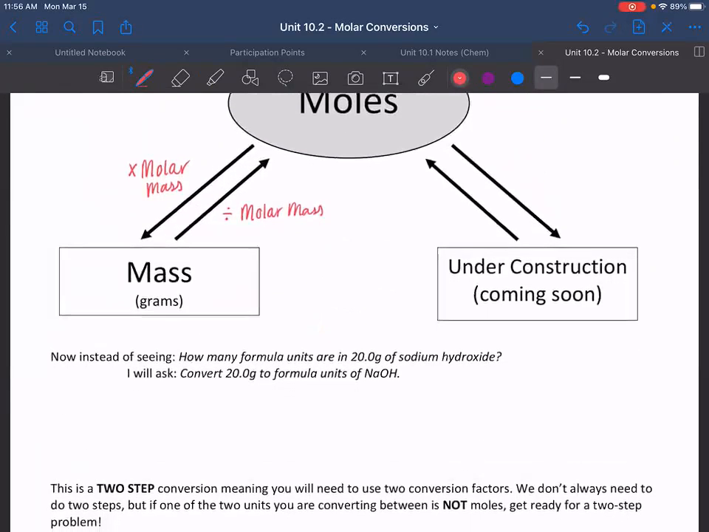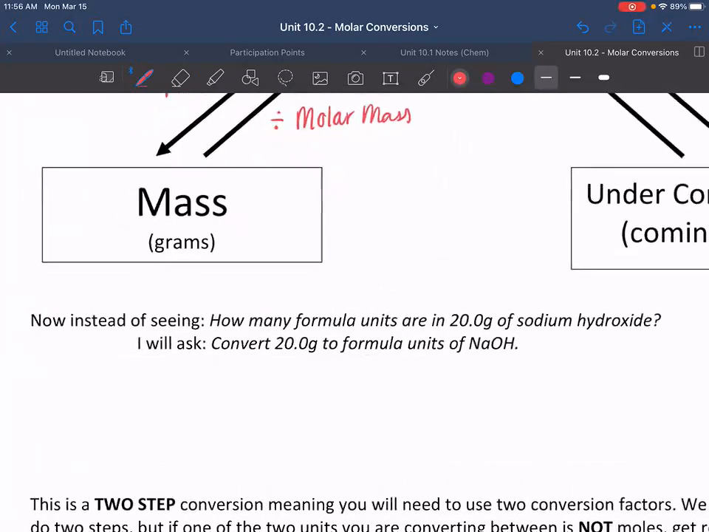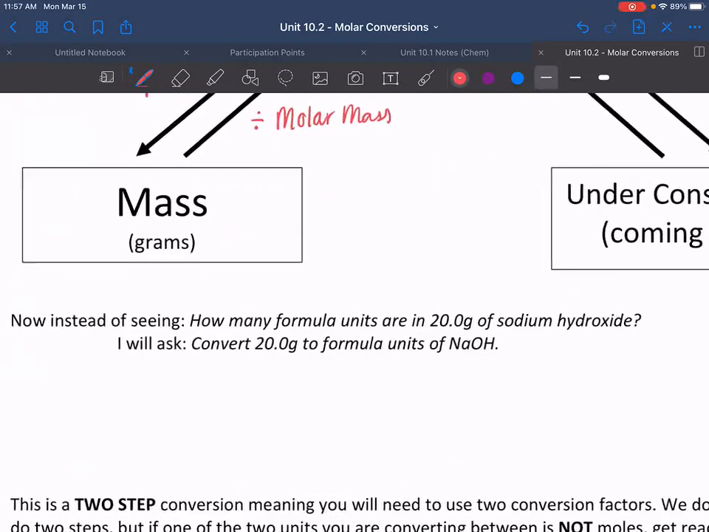So what I wanted to talk through, now that example that I gave you, we just talked about how many formula units are in 20 grams of sodium hydroxide. We just reasoned through that, but I want to show you the math that actually goes with it. So instead of saying how many formula units are in this, I'll just tell you guys to do a conversion. Convert 20 grams to formula units. Well,